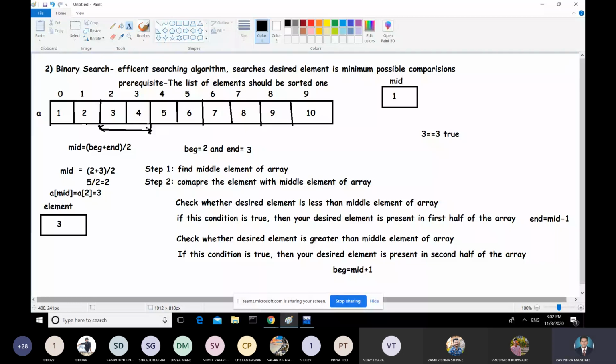Those previous 5 and this 6 comparisons. Then we got that the element is equal to the middle element of the array. So we have reduced the 6 comparisons. As compared to linear searching, you will get a smaller number of comparisons.